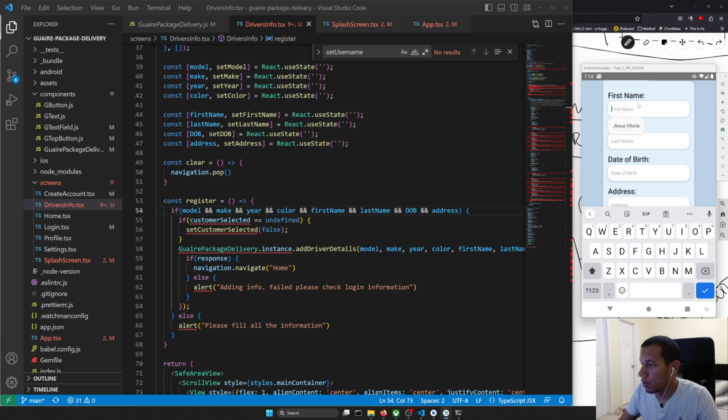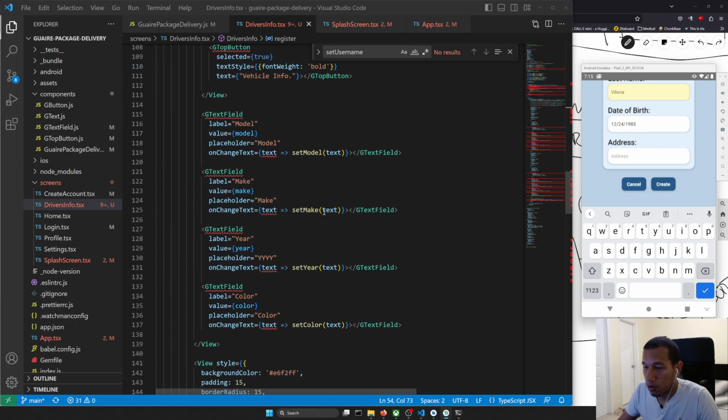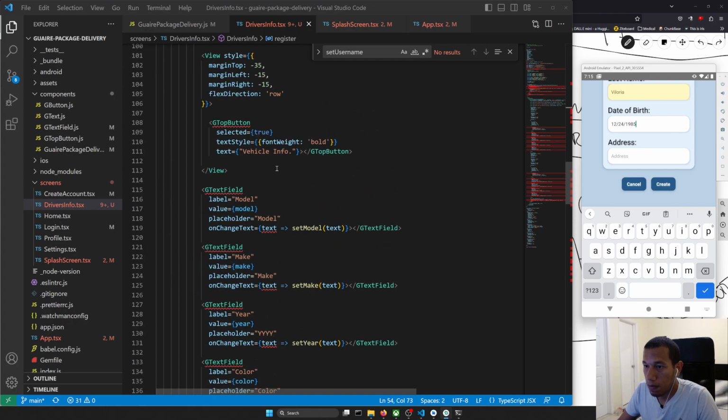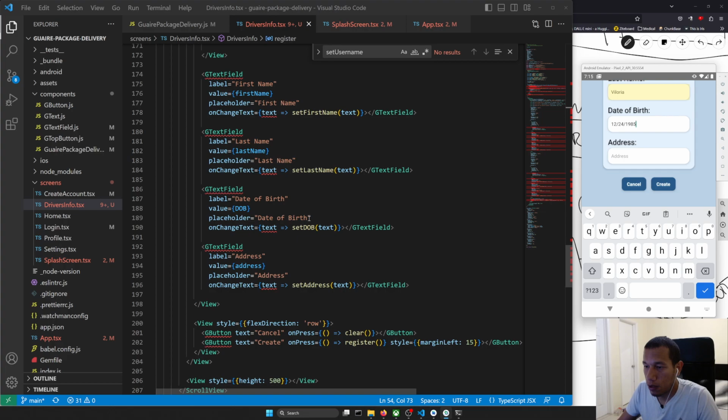My first name is Jesus, last name Veloria. That's pretty cool. Date of birth. Oh, we can add a date selector over there. We can also change the placeholder with the format we need. The date of birth, we're going to add here month, day, and year,